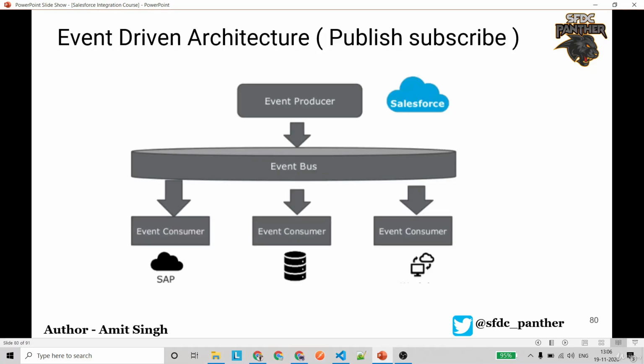This is the image that we also discussed while we were talking about push topics. Again, there is an event producer. In our case, the event producer is Salesforce. There is an event bus by which our message will travel, and then an event consumer, like vendor applications, or our customer itself who is consuming that event, like receiving text messages. All those things happen with this event driven architecture. That means event producer, event bus, and event consumer are the three main pillars of our event driven architecture.